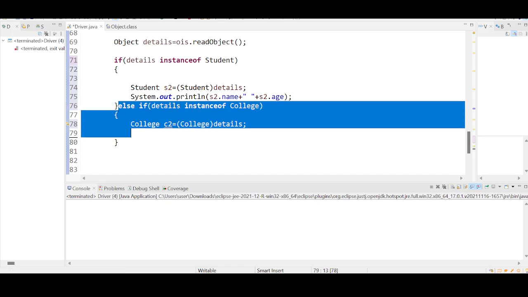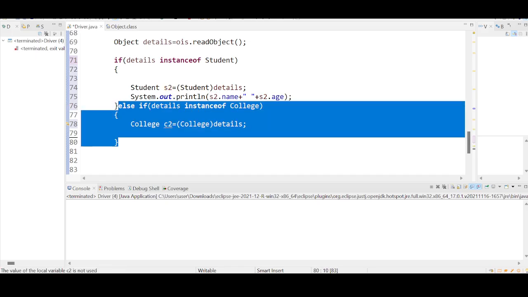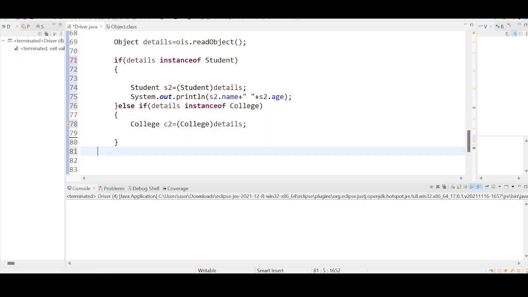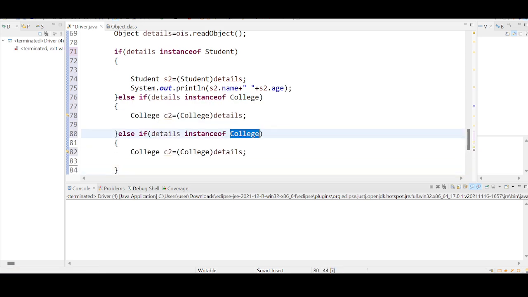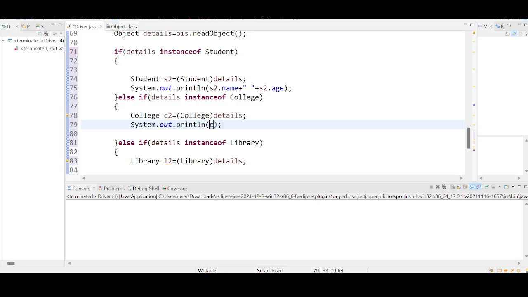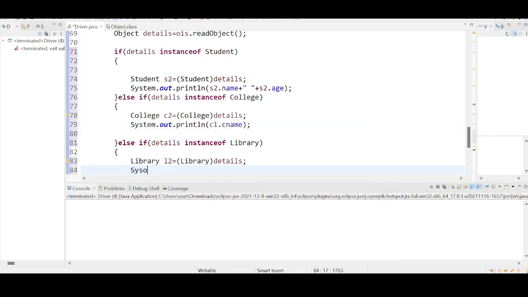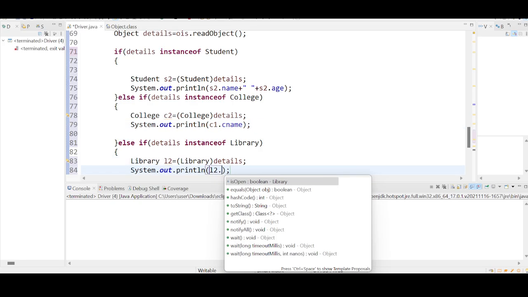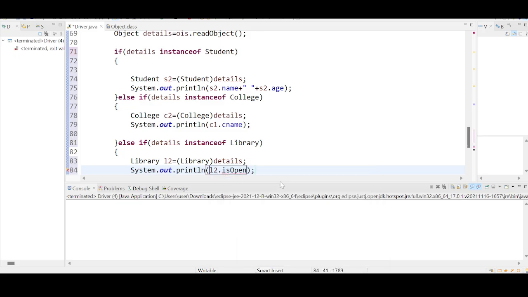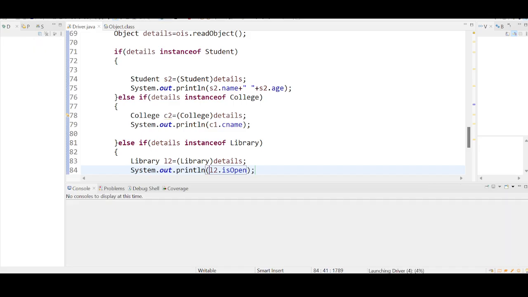At last, you have another else if the details is instanceof Library, extract the library details. After extracting it, if you want you can print the college name, and you can print the details variables in the library, only to check whether the library is open or not. If I run this piece of code,